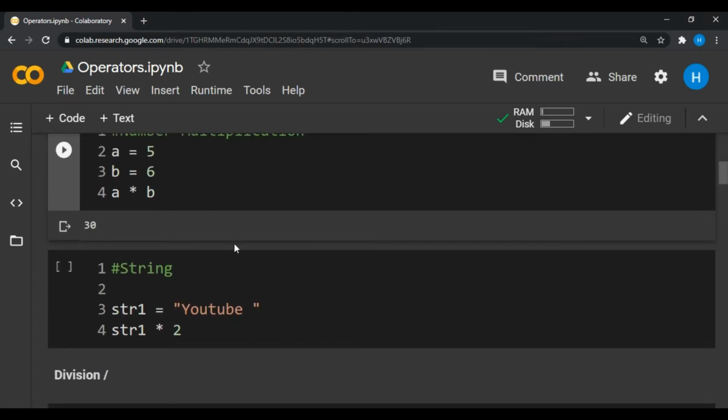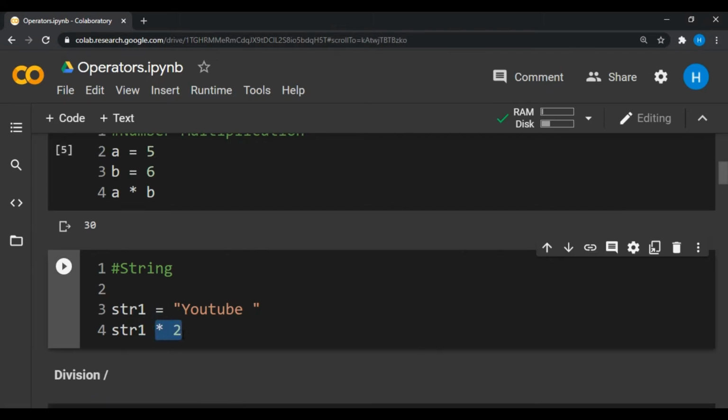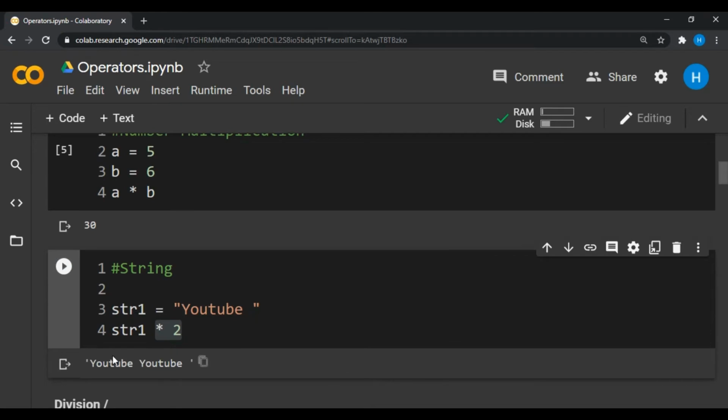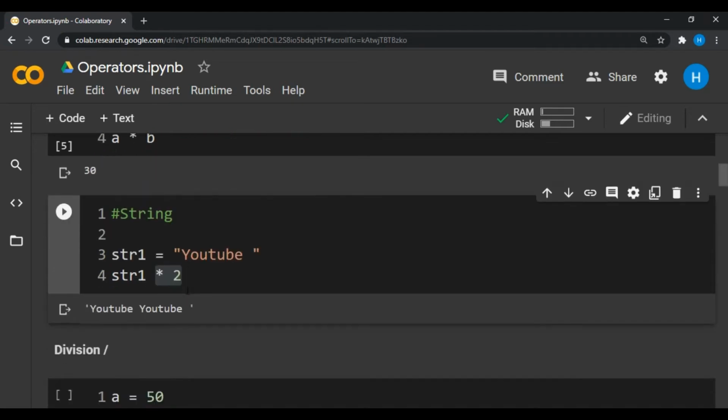After multiplication we can multiply a string also. If you want to multiply a string, you can simply write down a string and then multiply it by the number of times you want to repeat it. So it is also known as repetition of the string. I have just mentioned a string 1 over here and this asterisk sign to repeat this string 2 times. So after running this code, we will see that it is displayed 2 times.